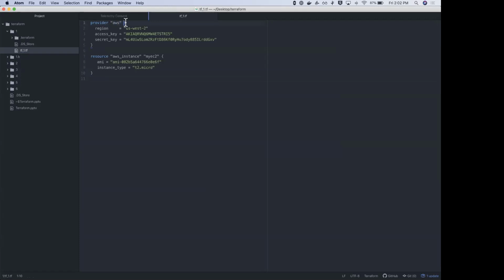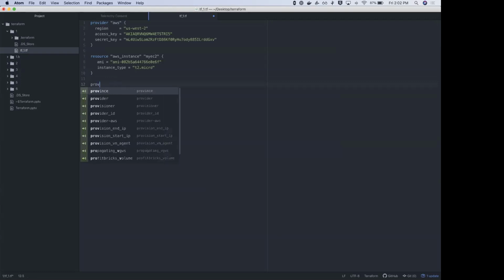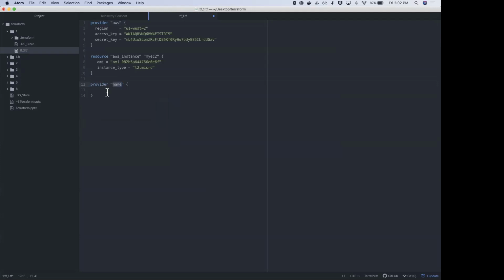Then a bracket opens up. Since you have installed the language-terraform package, if you just type in provider here, it should give you all this data, such as this, AWS.